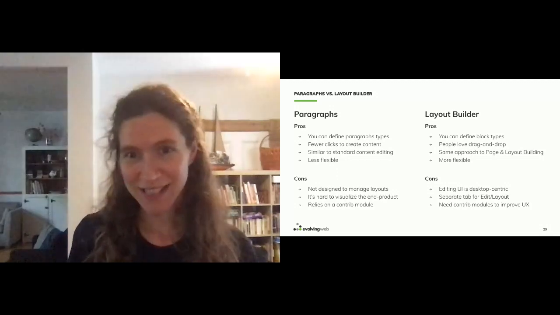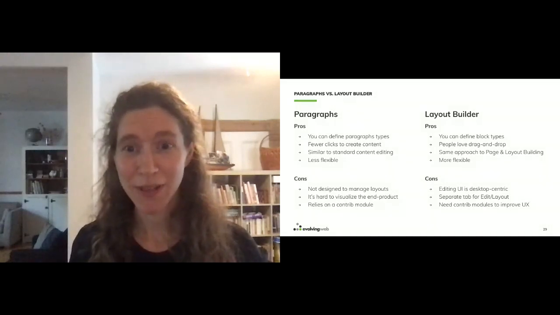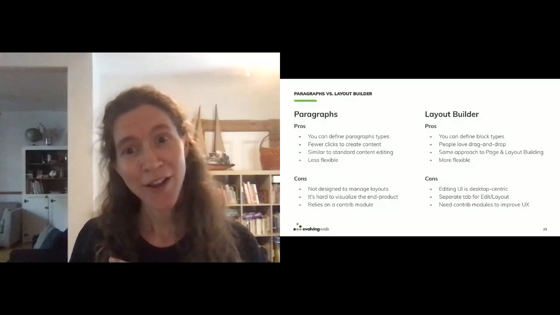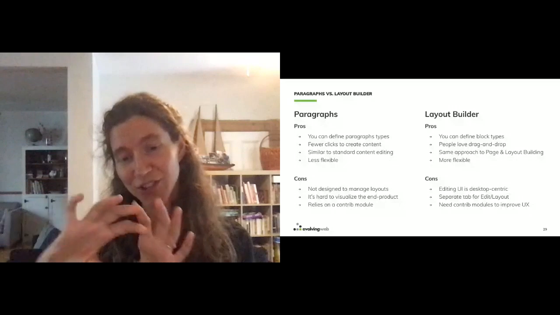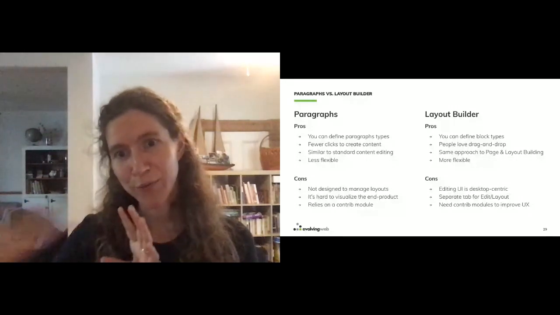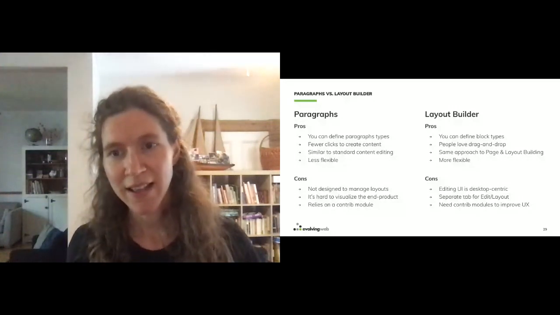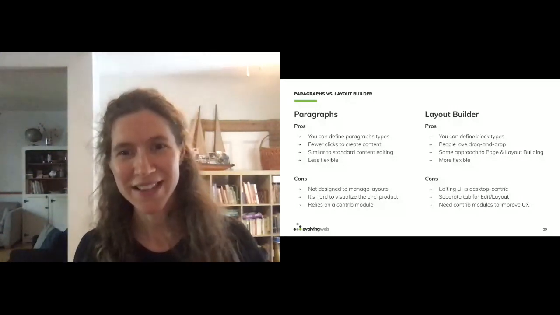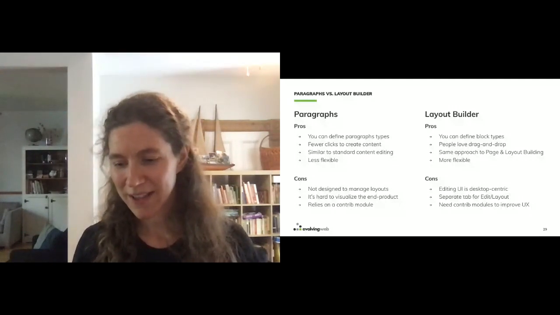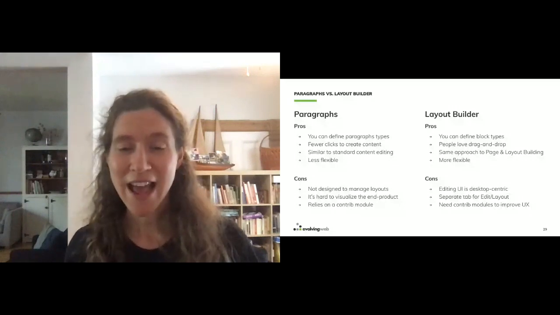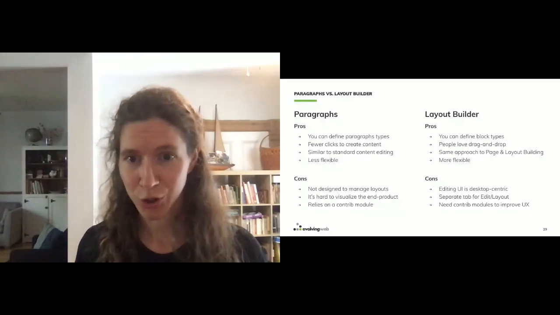On the other hand, with Layout Builder, even though there might be a bit of a learning curve, content editors do love the fact that they can drag and drop content from one place to another. And not just up and down the page, but in this additional dimension of the exact column that it appears in, that layout aspect that the layout builder gives us. Even if the layouts they're creating are simple, content editors love having access to those tools, and it makes them feel like they have more control over the page.